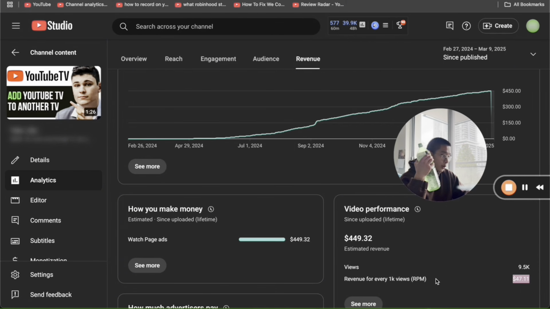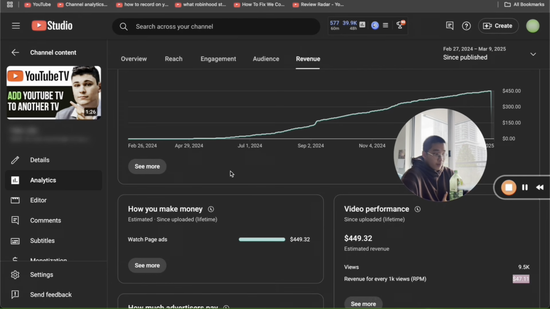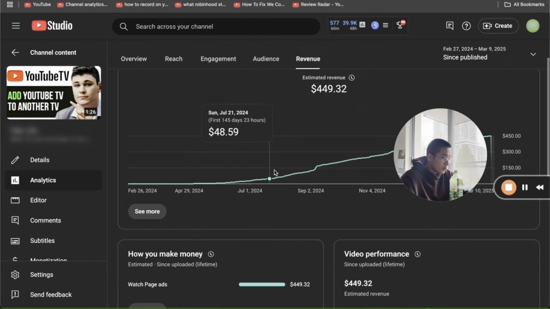I get paid ad revenue because the advertiser who placed their ad in front of my YouTube TV content made an ROI. Now, all the advertisers are willing to spend on average $47 for every 1,000 views because the viewers from this video bought their product and they made an ROI. They either made $47 minimum or even more. They most likely made more than $47 from whatever ad they're promoting, if that makes sense. And so that's how they're willingly able to spend that many dollars.